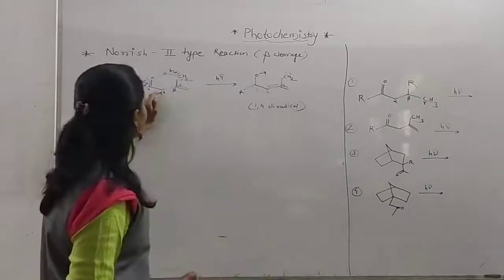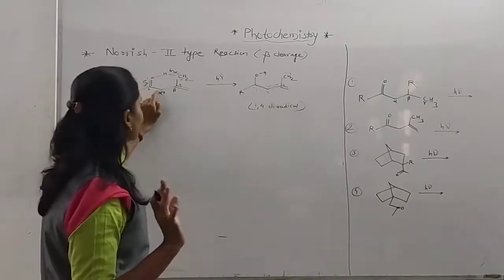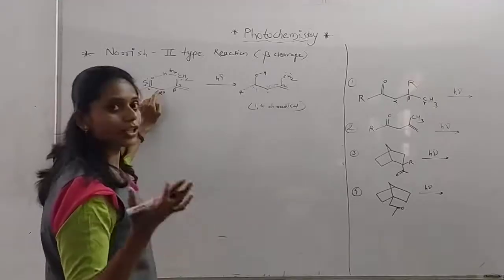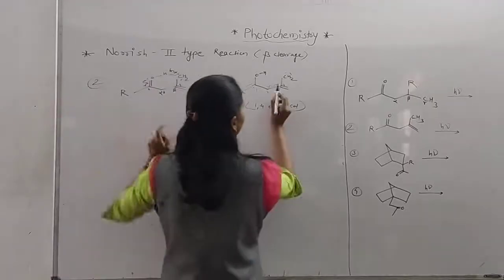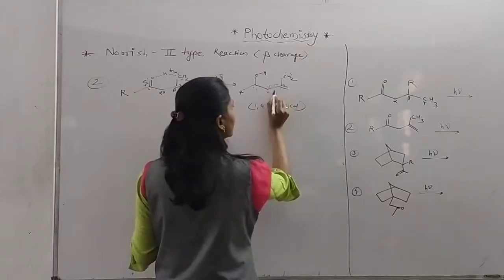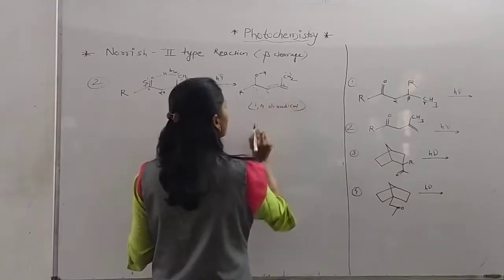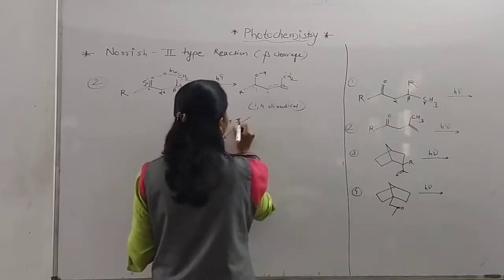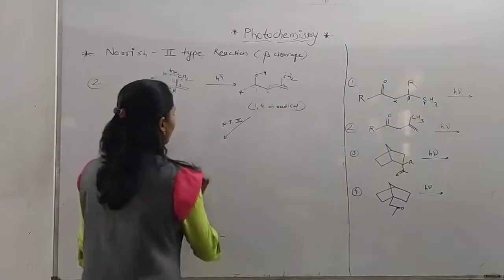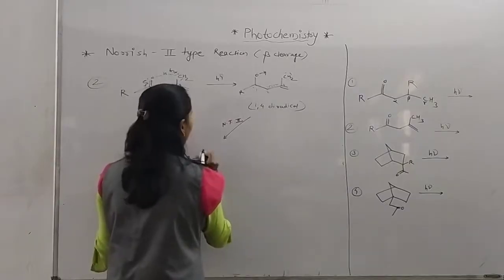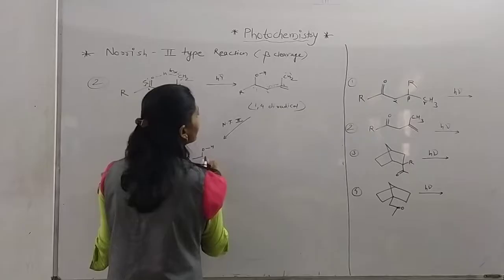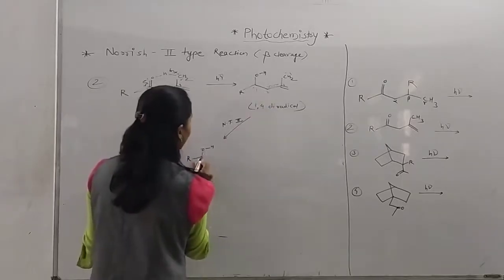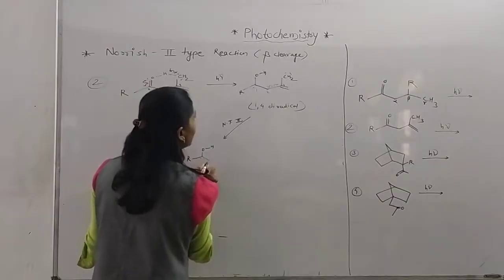Now see here, there is alpha. That means at the alpha carbon atom there are 2 hydrogen atoms. So we go to the Norrish type 2. The Norrish type 2 reaction says that the bond between carbon atoms 2 and 3 must be cleaved. So when we use the Norrish type 2 reaction here, we cleave the bond, so there is a radical, and I have right here this radical and this radical.